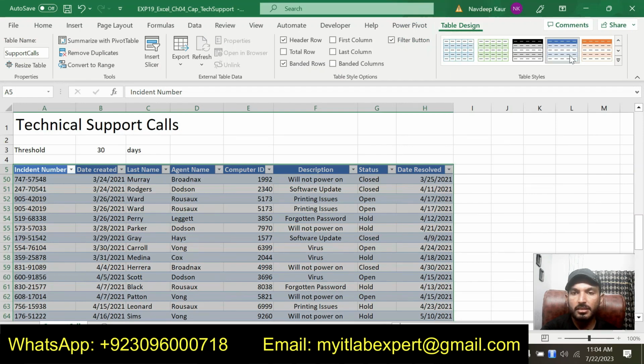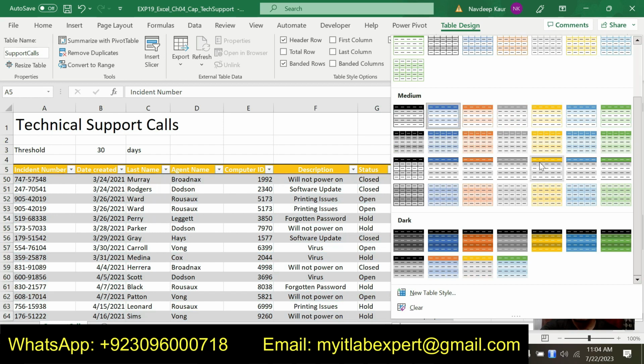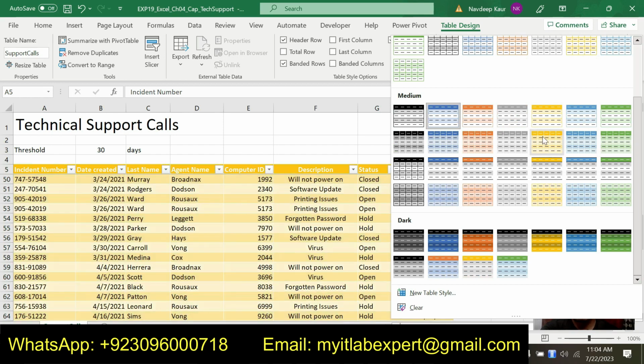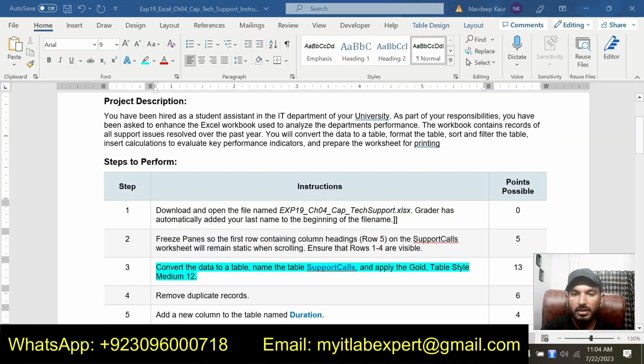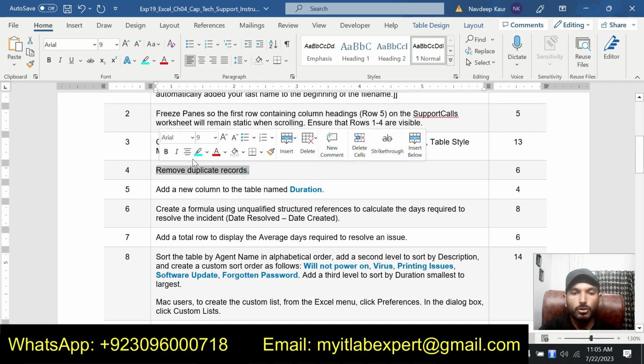Again click on Table Design and go to the medium styles, and you can see that this is the gold table style medium 12, which is what we are supposed to apply. So we have completed step number 3 as well. Now we will move to the next step, step number 4.